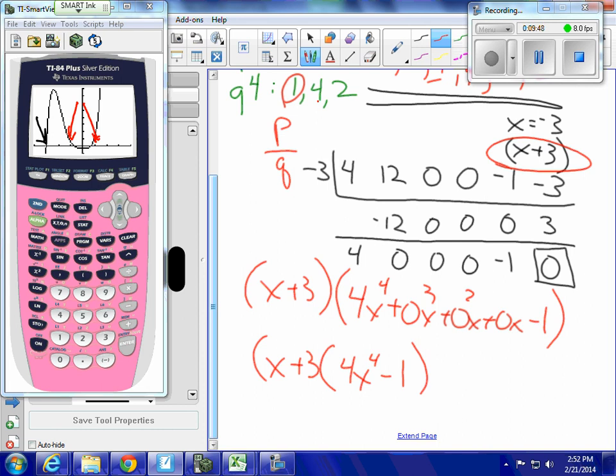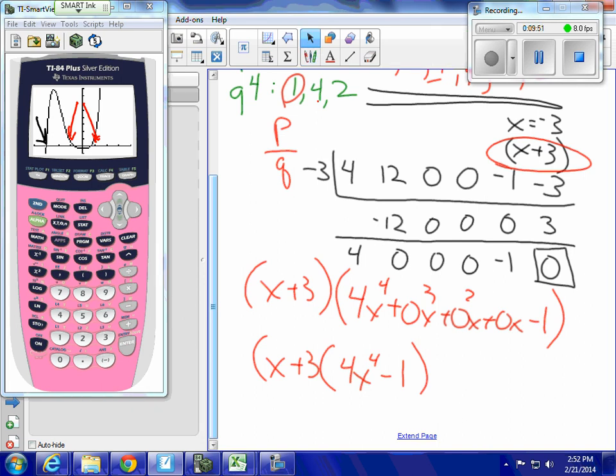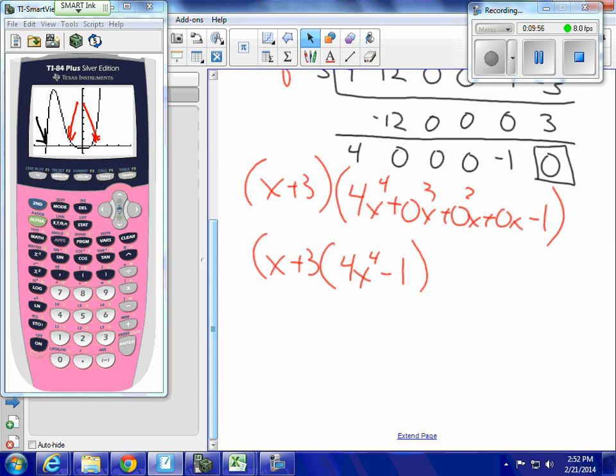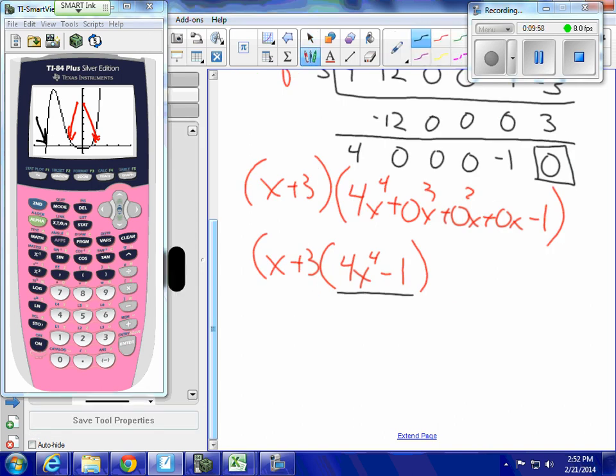Well, I think that you have to be able to look at this 4x to the fourth minus 1 and see that that is factorable. It could have been not factorable, but unlikely, because I know I have these two other zeros over there. But you have to be able to see that that is the difference of two perfect squares. Let's put my other parentheses here. This is the same thing as x plus 3 times